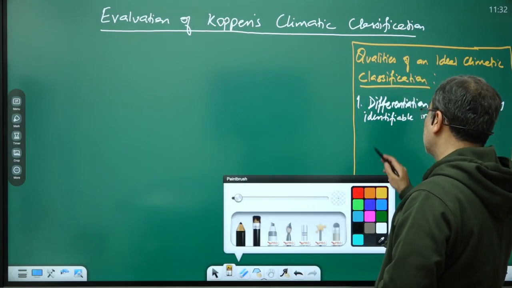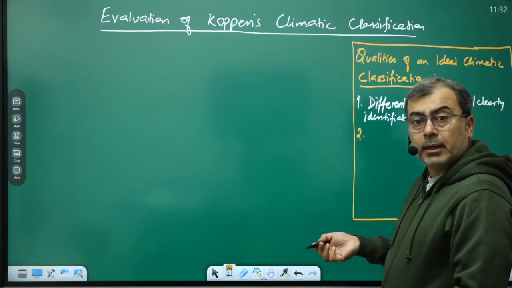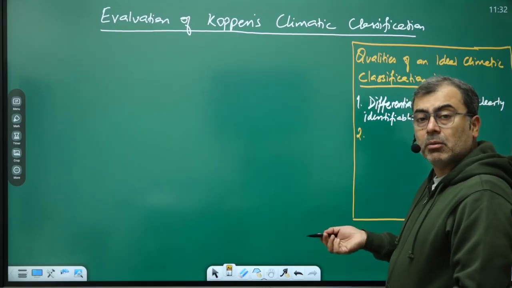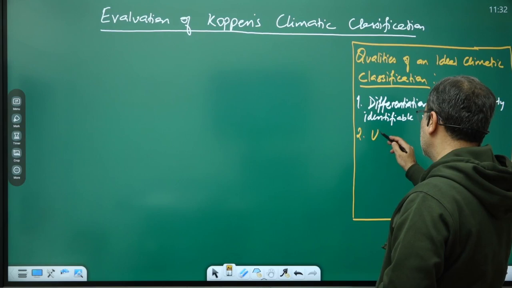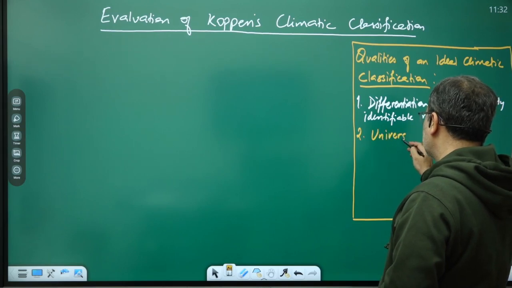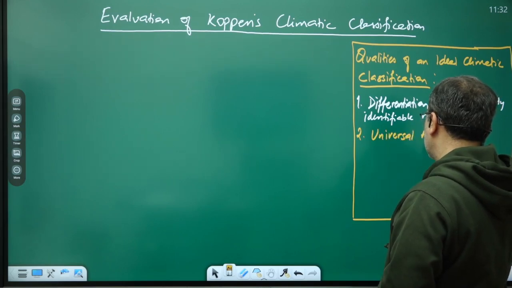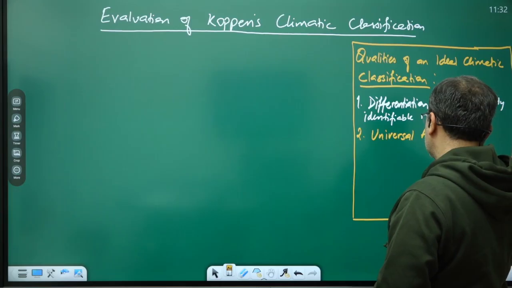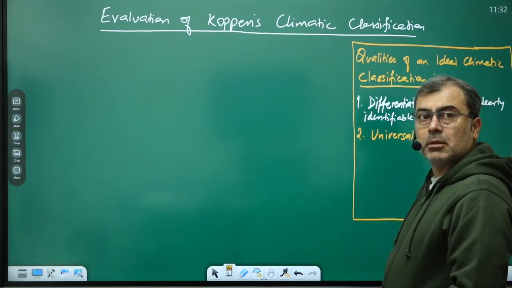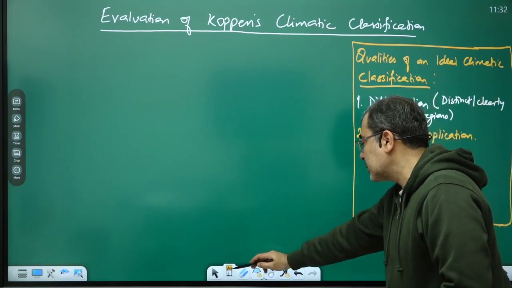Second one is it should apply. Apply where? In India or in the world? Everywhere. Universal application across the world. I should see its application. Third one is